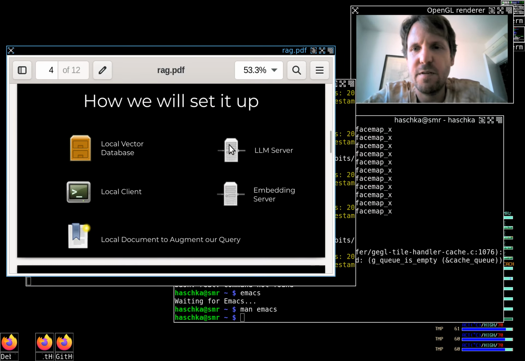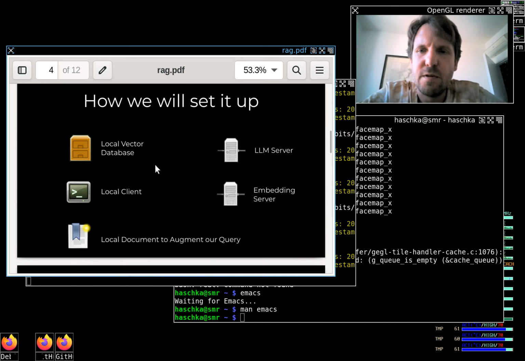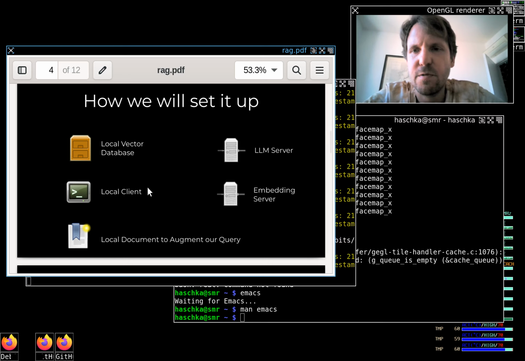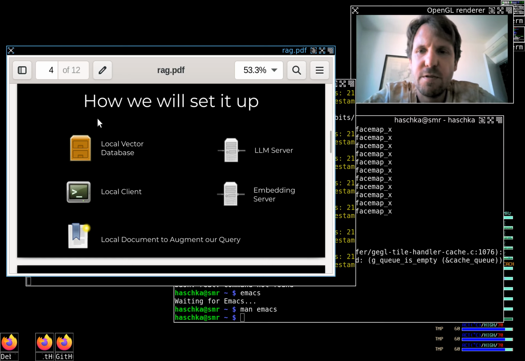So how will we set it up? We will have our local client that I have written, and that you can download from the web and install on your machine. What you need is of course a Unix machine in order to do this. This local client includes a local vector database. You can then use a local document and store this in the vector database in order to make a query to the LLM server and